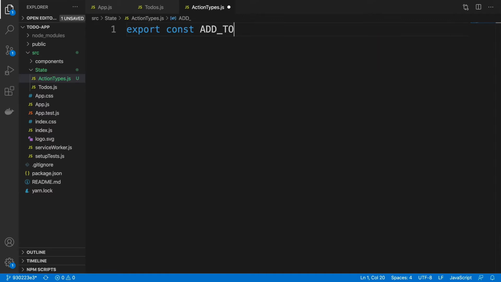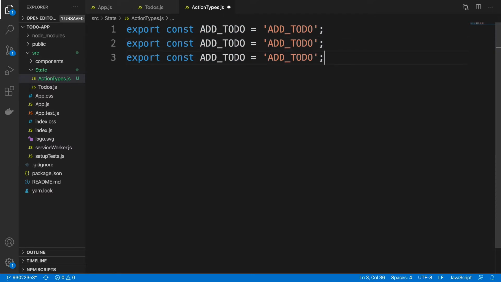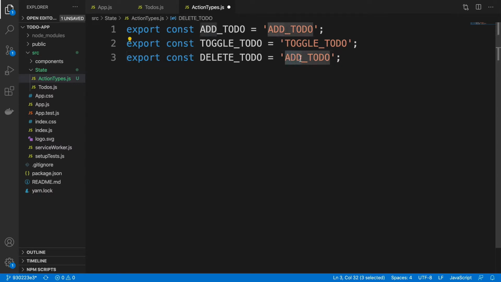constant ADD_TODO equal to "ADD_TODO". So we are just defining some string constants here. Let me go ahead and define a couple more string constants like this. The second one is TOGGLE_TODO, which we define as "TOGGLE_TODO", and then, as you would expect, the third one would be DELETE_TODO. Now, you don't have to do it this way. You can simply directly use the string constants within your reducer, but this makes it easier to organize and